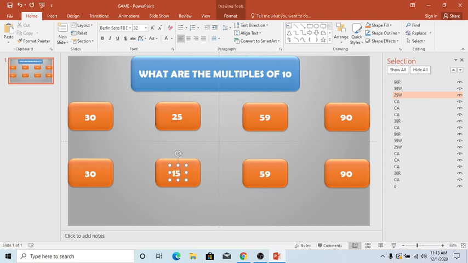Suppose you have clicked 15, so we rename it 15W. Then here also we change the number first and rename it as 10R, and here again we change the number and rename it as